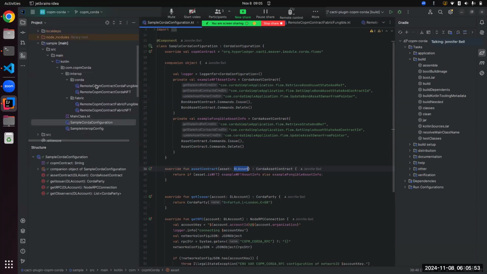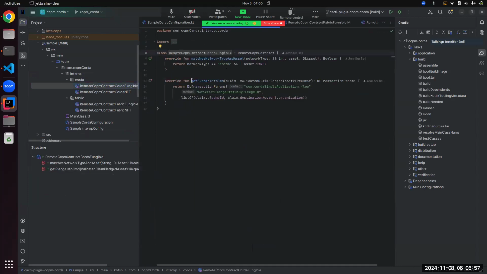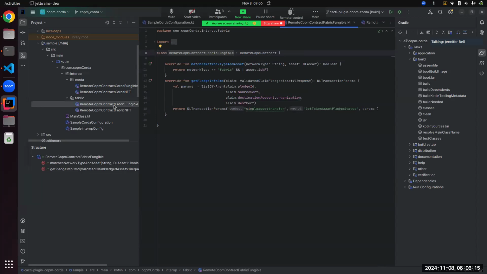The other thing that I think is unique to the implementation, but I'm not totally sure, is the pledge ID info, because that varies depending on the network type. So we've got different implementations for Fabric and for Corda, and we've got different commands based on whether they are fungible or non-fungible. And again, we've got the actual contract